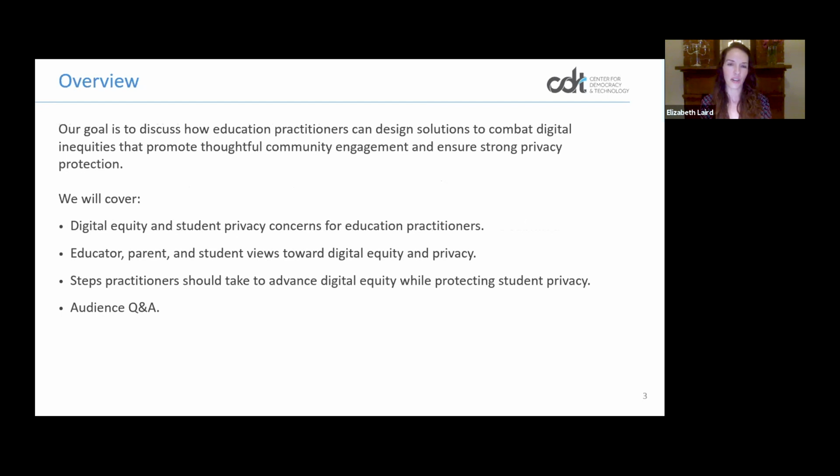So our goal today is to talk about how you do both of those critical things at the same time. This isn't one or the other. You can and have to do both. So we'll start with digital equity and student privacy concerns as it relates to education practitioners. I have some data to share with you about teacher, parent, and student views towards digital equity and privacy. For those of you who are data geeks like me, we have some good stuff coming for you. Some recommendations about how you advance digital equity while protecting student privacy, and then we'll get to the fun stuff,